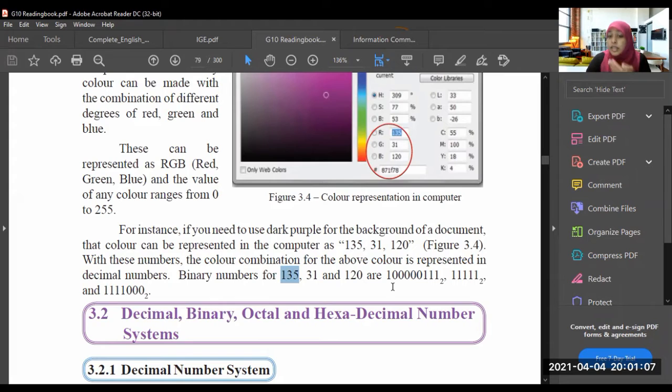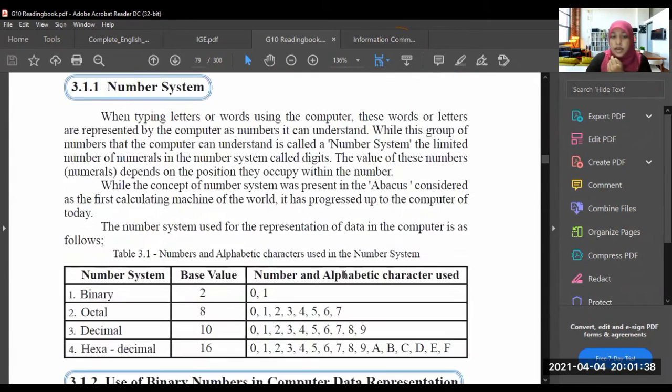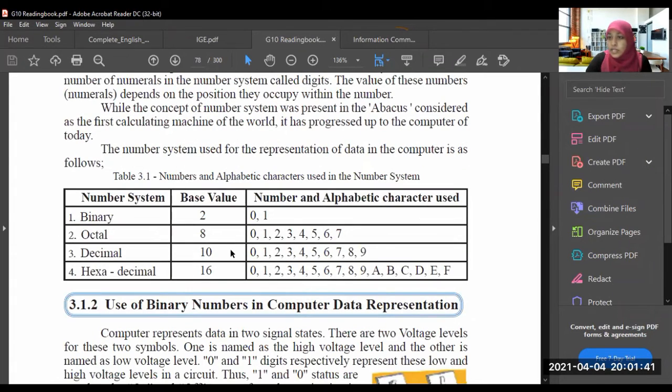But when we read binary numbers, there are people who read it wrongly. For an example, this number, 11,111, is wrong. Understood? When we read it, we should read it one by one, like 11111 base 2. This is base 2. For decimal numbers, the base is 10. We learnt it in the chart, right? So the decimal number's base value is 10.